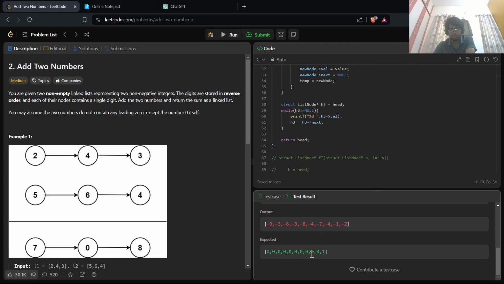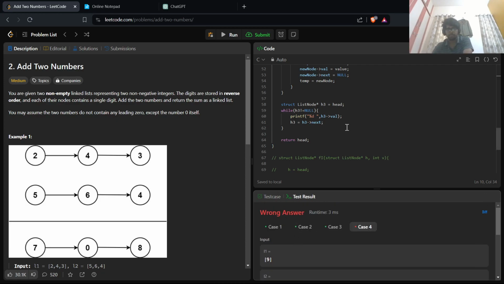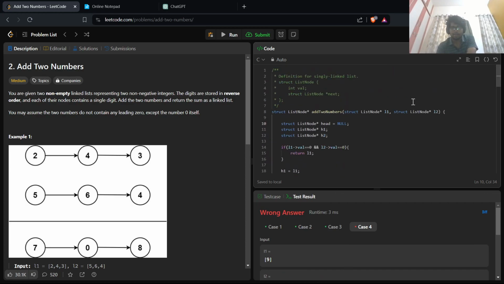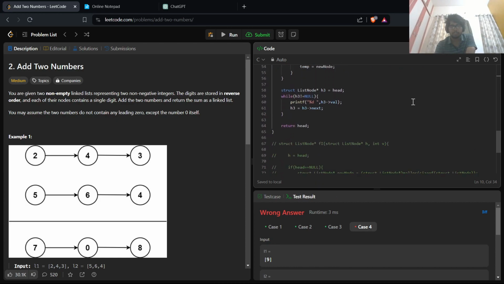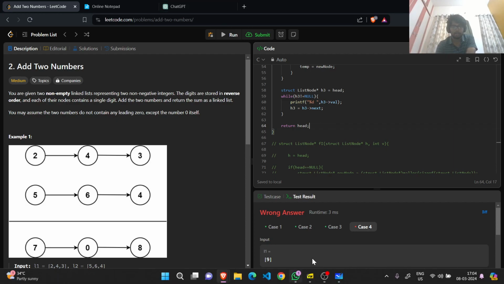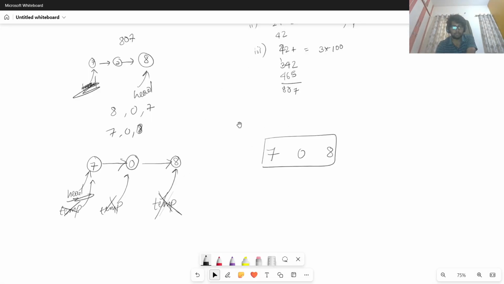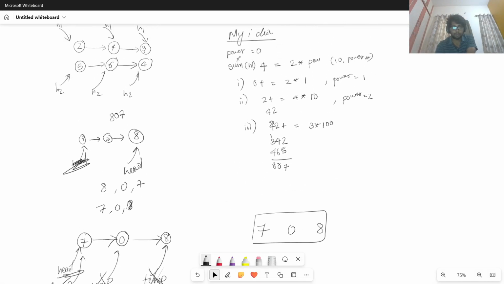I was not able to get the right output. So before going to the correct code, I shall be showing you my code. So whatever I've explained on my whiteboard over here, I have coded that